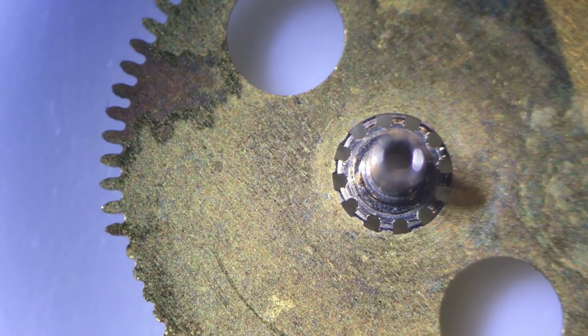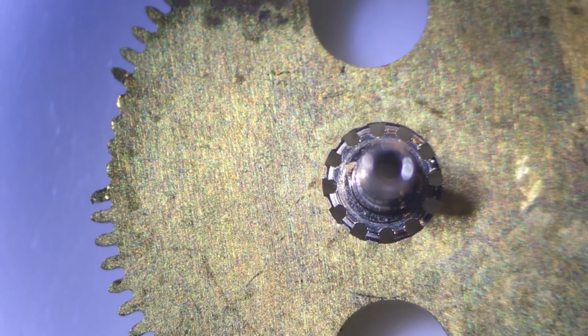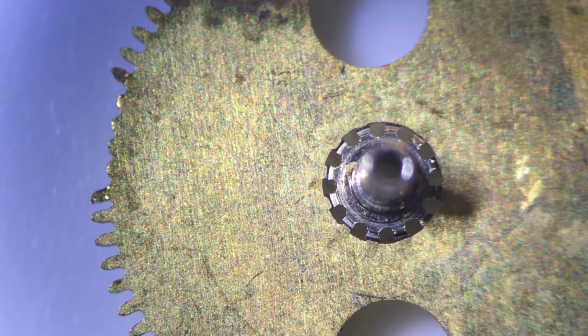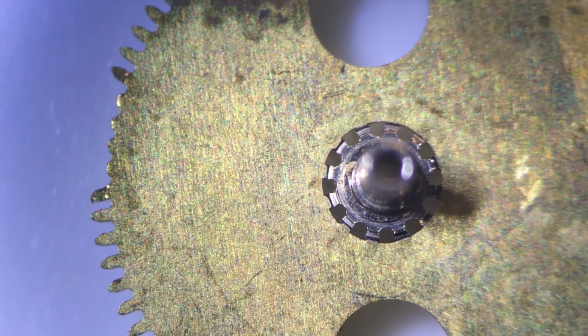What we're looking at here is the centre wheel from the original watch itself. Now, before I did the cleaning video, I inspected the parts in between the disassembly and then doing the cleaning video, and this is what I found with the centre wheel, that it is missing a lot of teeth, as you can see at the top, and some of them are bent as well. Now, what causes that is a really good question, because I really don't know. This does engage with the barrel, so maybe the barrel slipped, but I have really no idea why those teeth are missing. But clearly it's not through fatigue because of the bent one, so it's coming to some force at some point. But don't worry, because I have